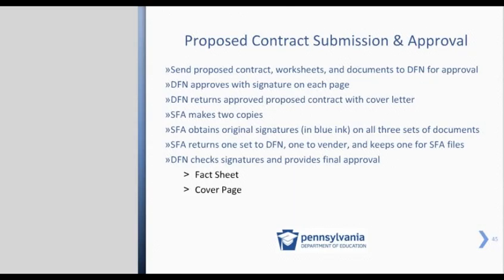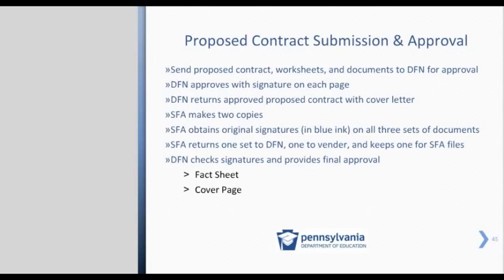Each party will sign each copy in blue ink, and it must be blue ink, and return 1 copy to the Division of Food and Nutrition. At that time, the Division of Food and Nutrition checks the signatures and provides final approval. We will note